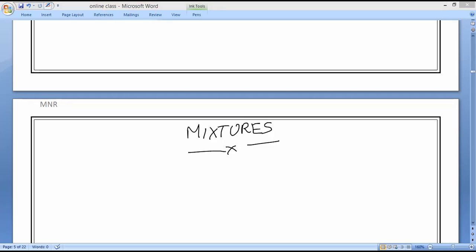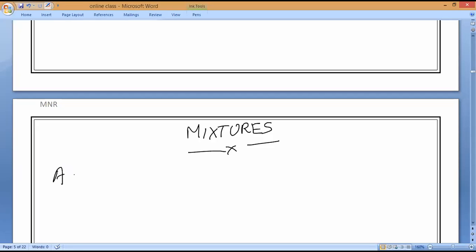If they chemically react, what will come? Compounds will come. If they physically mix, mixtures will come. Right. A mixture is a substance which consists of two or more